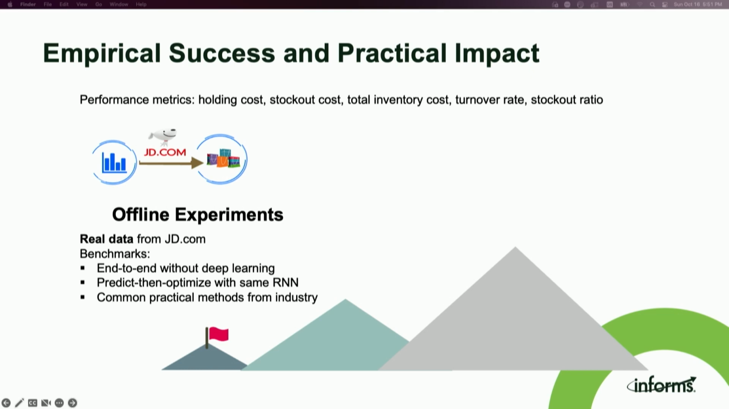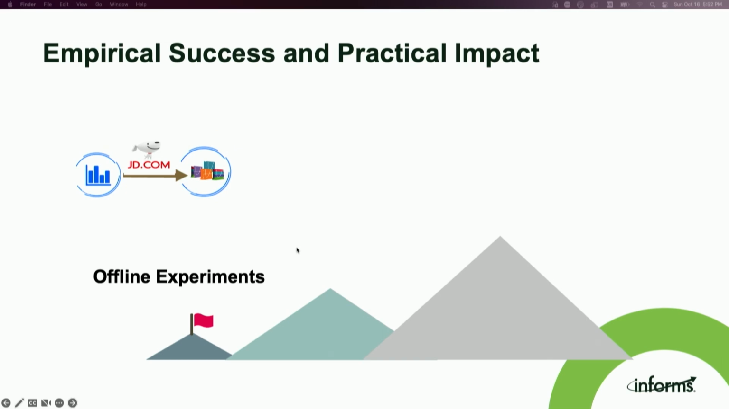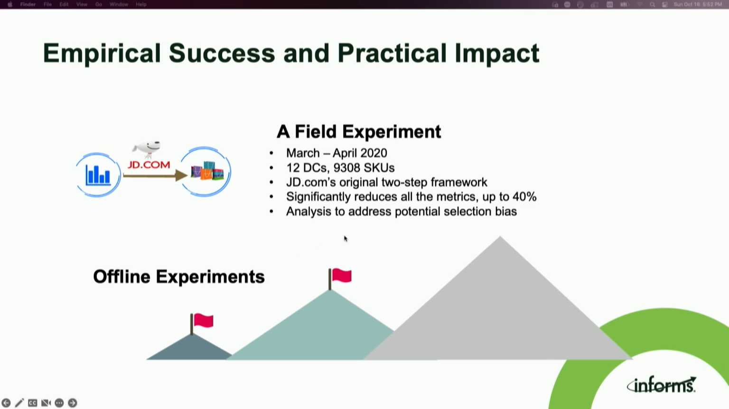So compared with the two-step predict-then-optimize framework with the same neural network, we see the benefits from both the idea of end-to-end integration of prediction and optimization and the power of deep learning. Then we implemented this model at JD.com, and we conducted a field experiment from March to April of 2020. That field experiment involved 12 distribution centers and over 9,000 SKUs, and the benchmark is JD.com's original two-step